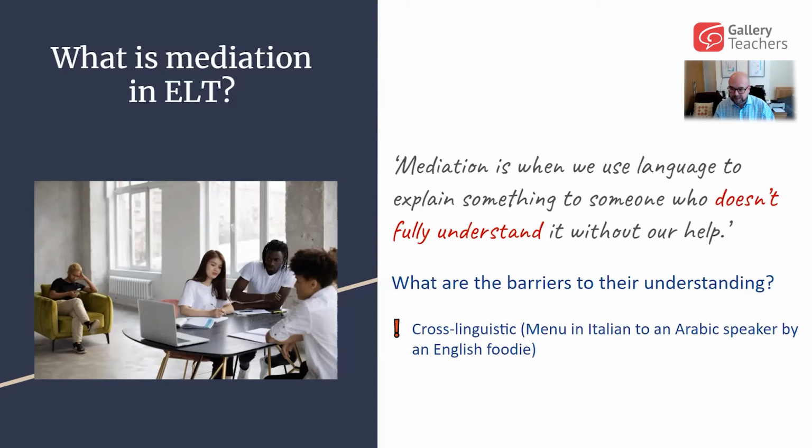They go to an Italian restaurant, and amongst them is an Arabic speaker of English, but who doesn't understand Italian. So someone with a better understanding of Italian mediates across languages, from Italian to English for an Arabic speaker of